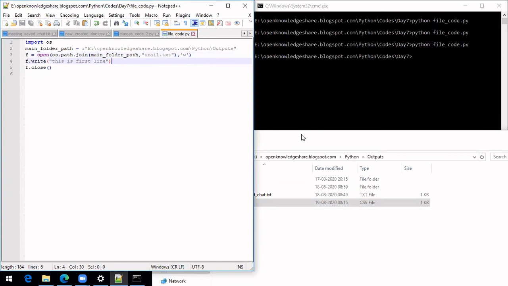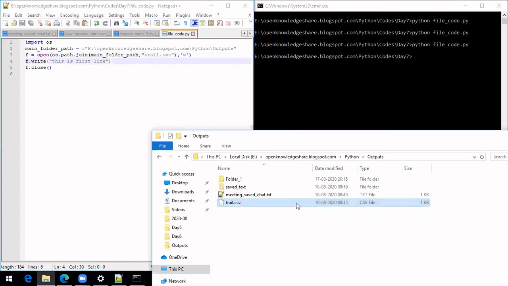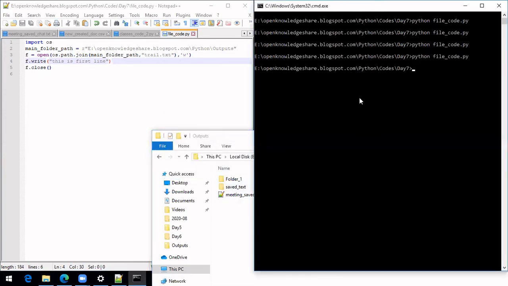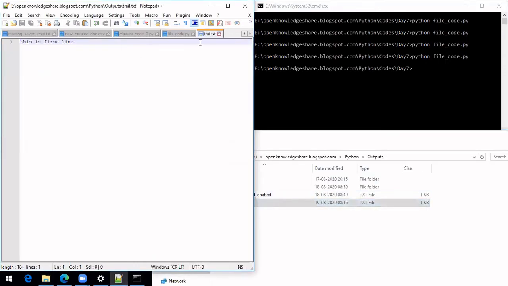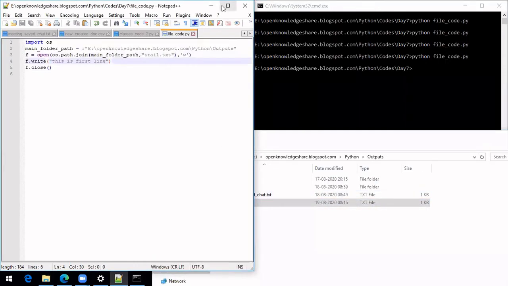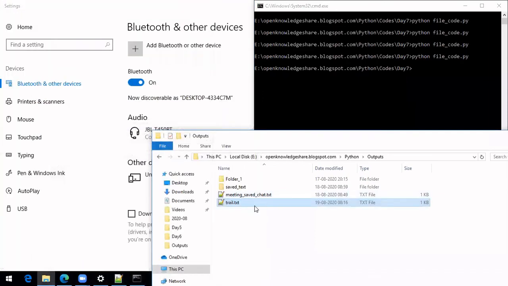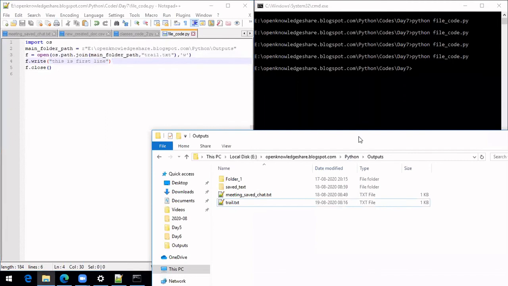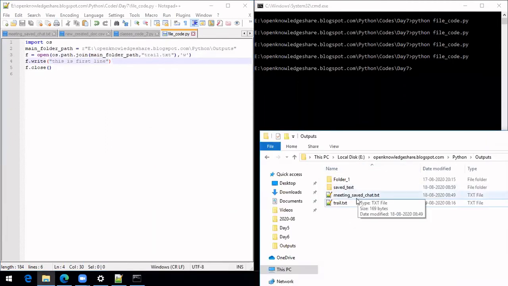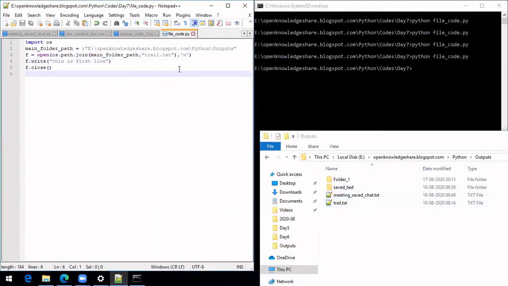Okay, so let us say you already have a line here. Let me delete this and run it. Now you have a text file which already has something in it, some lines written inside it. You don't want to disturb anything.